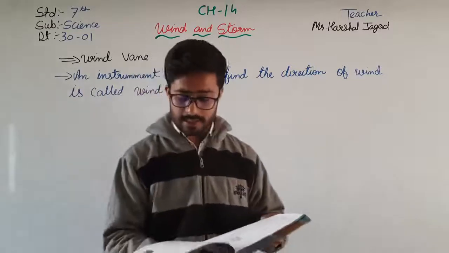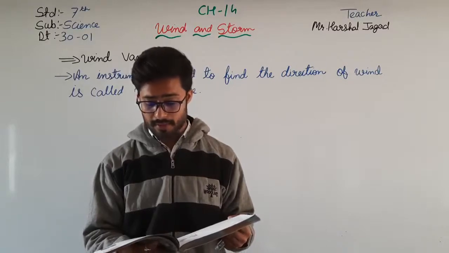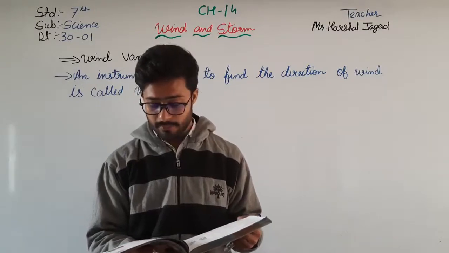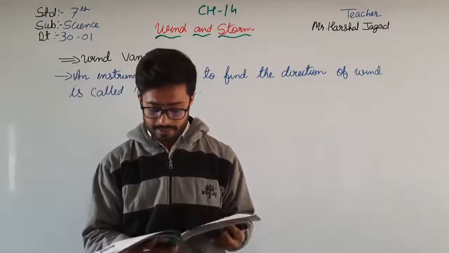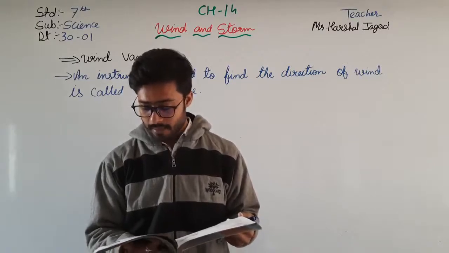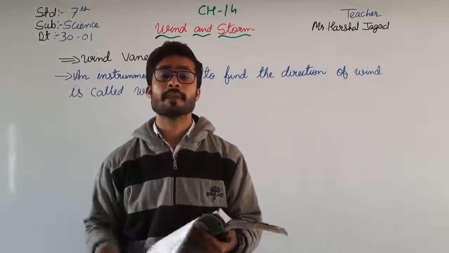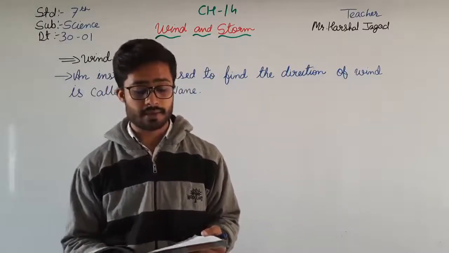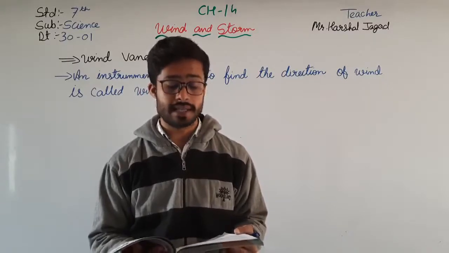Then there is an activity to construct a simple wind vane. Materials needed: a small bottle, a plastic straw, stiffened cardboard, scissors, adhesive tape, a big pot filled with sand, a magnetic compass and a marker pen. Method: cut out the shape of an arrow with a pointed tip and a broad tail from the cardboard. The pointed tip should have a smaller surface area than the tail. Then stick one end of the plastic straw to the middle of the arrow such that the straw and arrow are perpendicular to each other.